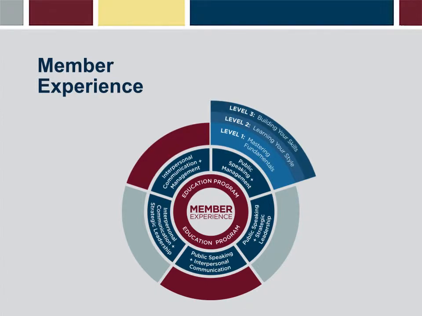Level 3. Building your skills. The person is immersed in the core learning of their path. These projects are designed to build the knowledge and expertise needed to succeed as a speaker and a leader. Level 4. Demonstrating knowledge. At Level 4, members are well on their way to completing their chosen learning path. In these projects, the focus shifts to demonstrating the knowledge by leading a team, completing projects, and speaking with a higher level of confidence.